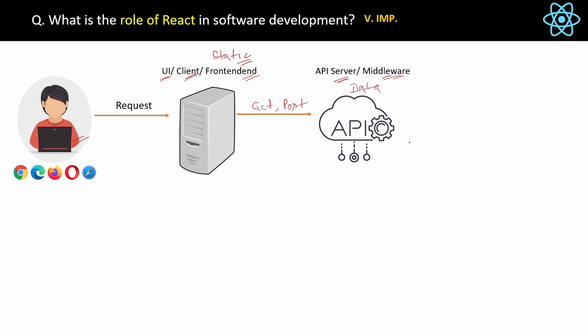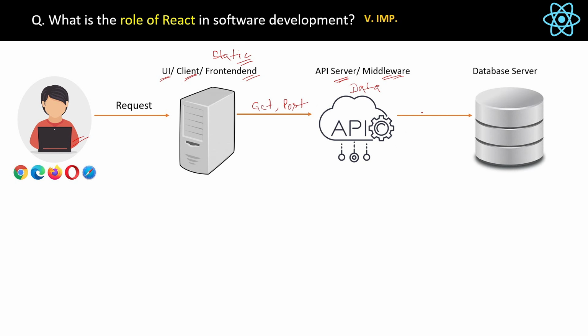Now, whether you want to get, post or update the data, your UI server will call the API server. And this API server will then get, insert or update the data inside the database server. Both these API server and database server are also called backend sometimes. In case of GET, the database will respond back some data to the API and then API will do some logic inside it like sorting or filtering and then finally send the data to the client which will display the data to the browser or you can say the user. This is the basic flow.